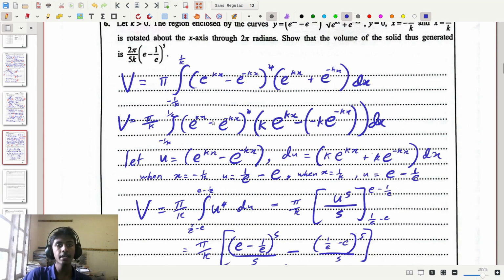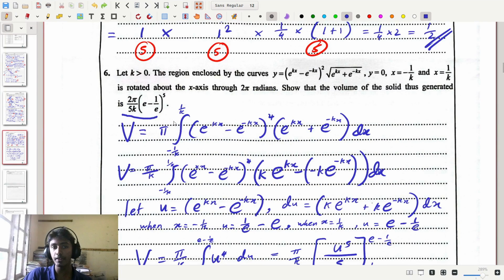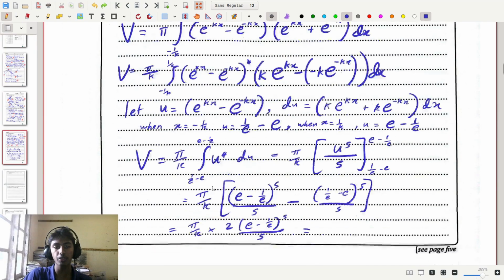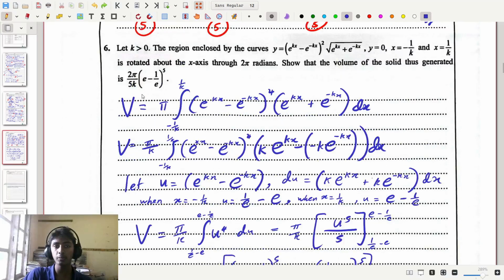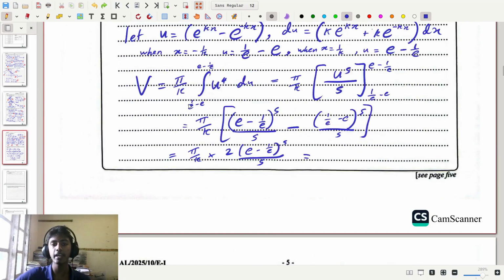And finally, if we structure this to the form that we've been given in the answer, we can see the 2 comes to the pi to make the 2 pi, the divide by 5 and the divide by k structure together to become the divide by 5k, and the e minus 1 divided by e to the power of 5 remains as it is. So if we write that down nicely, we can see finally that our answer is 2 pi divided by 5k times e minus 1 divided by e to the power of 5, which is our final answer